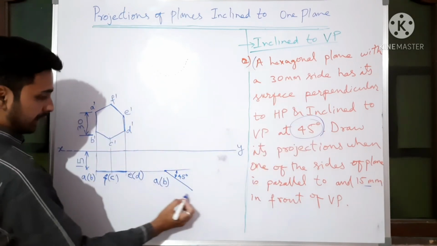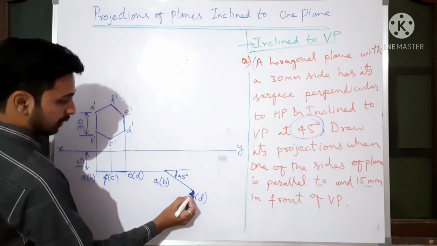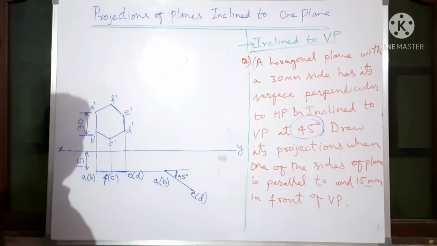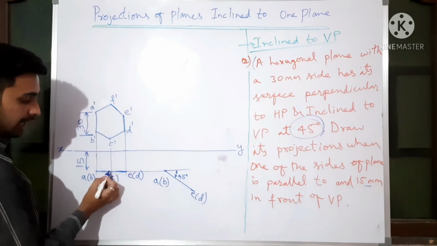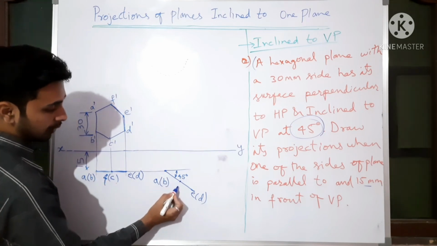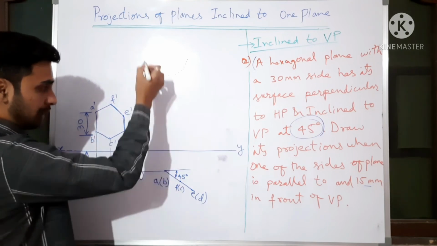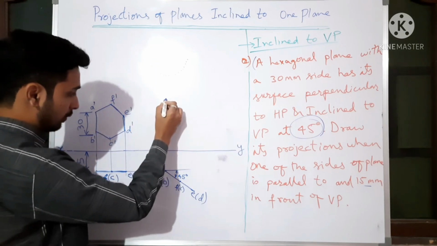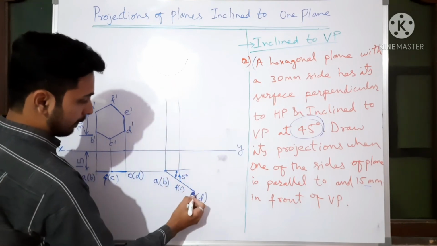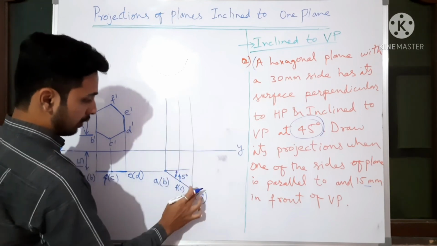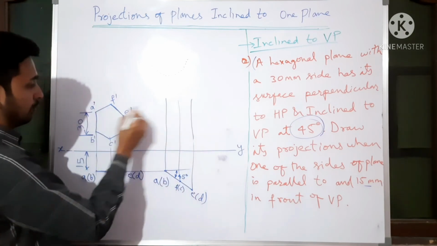A bracket B we have written, then we will write E bracket D, okay, till here. Then we will write F bracket C. This either you measure like this or you measure like this. Anyhow, this will be at the midpoint of the line F C. Now you project all the points vertically upward. You should go like this actually. Okay, so this is how we have projected it vertically upward. Now what you need to do, you need to bring these points here.